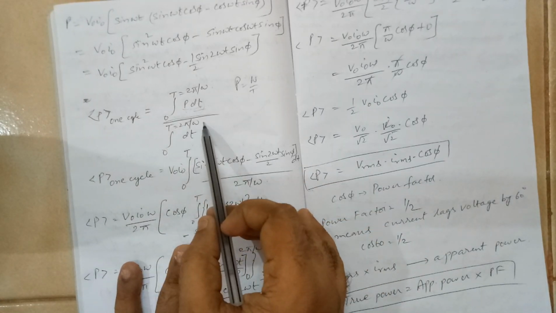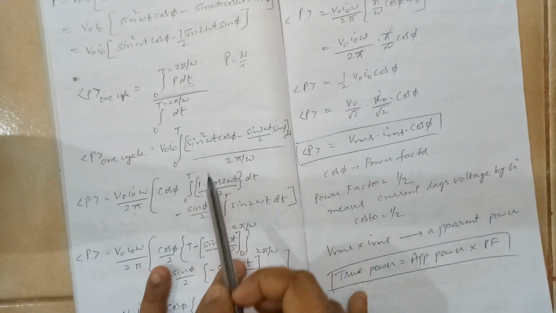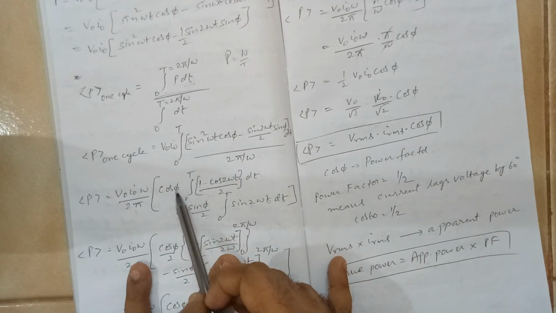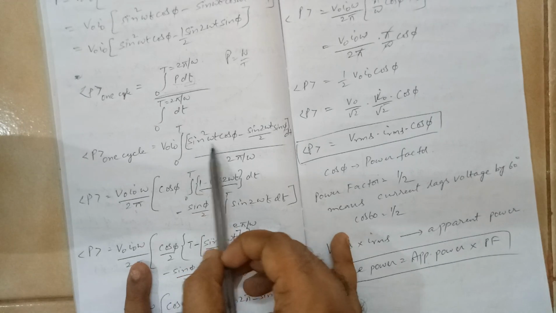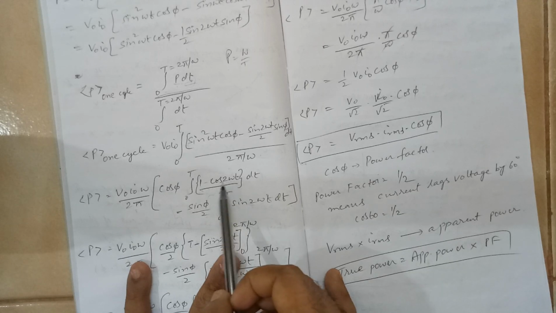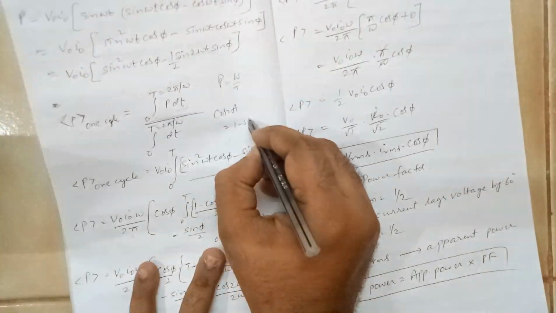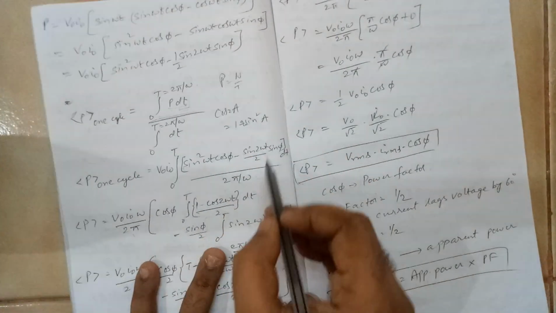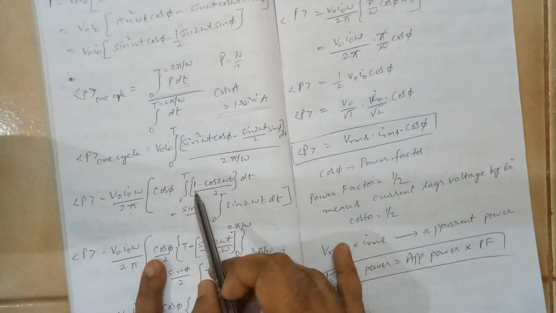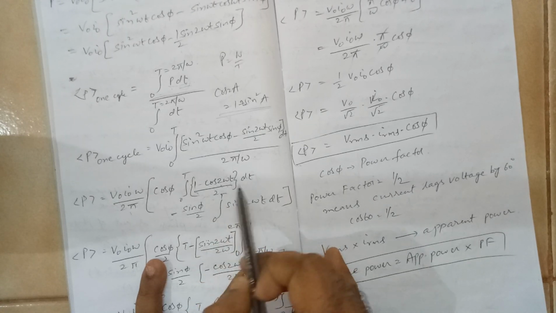See, in the denominator it is 2 pi by omega, so when it goes up it will be omega by 2 pi. So this whole thing will be repeating. Let us see inside what is happening. We have to integrate this. Now this cos phi multiplied by integration of this term sin square omega t. So sin square omega t can be written as 1 minus cos 2 omega t divided by 2. For this you need to know cos 2a is equal to 1 minus 2 sin square a. This is the trigonometric formula. So here a is omega t. So it becomes 1 minus cos of 2 omega t divided by 2 dt.